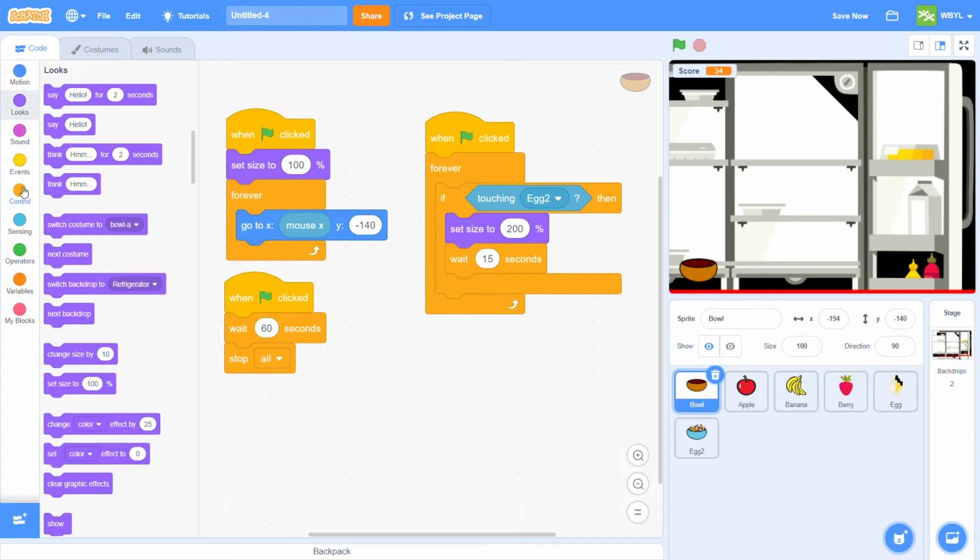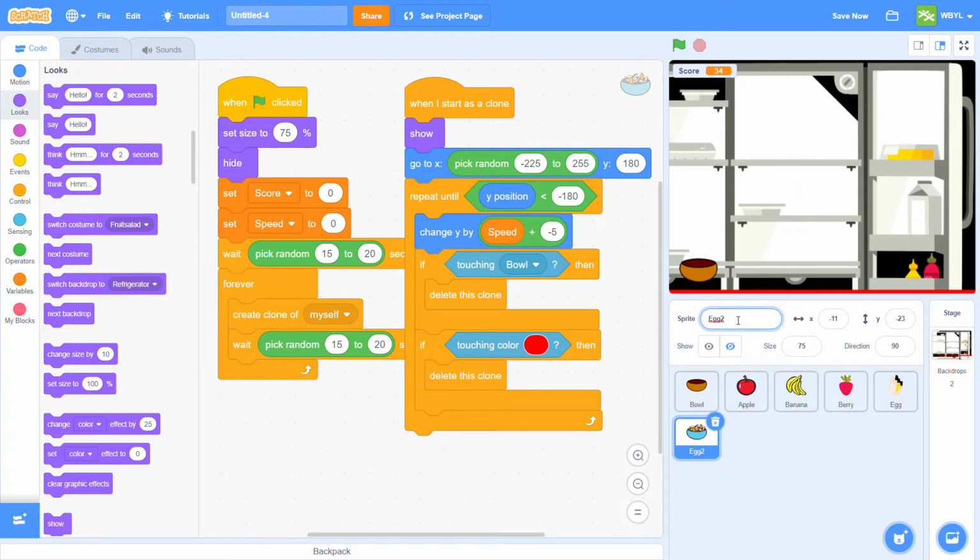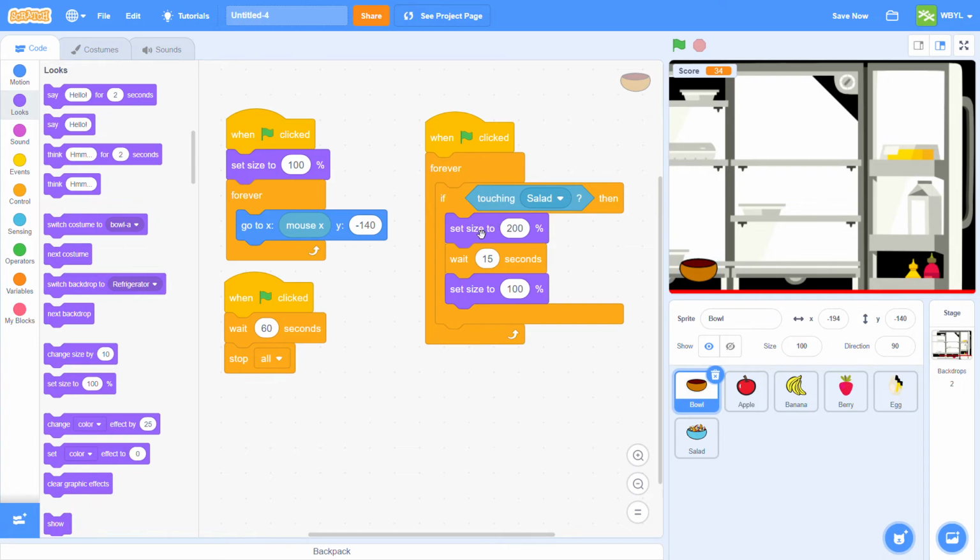Then let's see what else we can do here. Oh, I guess we have to change it back to 100%. So grab a set size to 100% block, put it right under there. So if it ever touches egg 2, which we will go here and rename, what's this called here? Salad. So if it ever touches the fruit salad, it's going to double in size, wait 15 seconds, and then